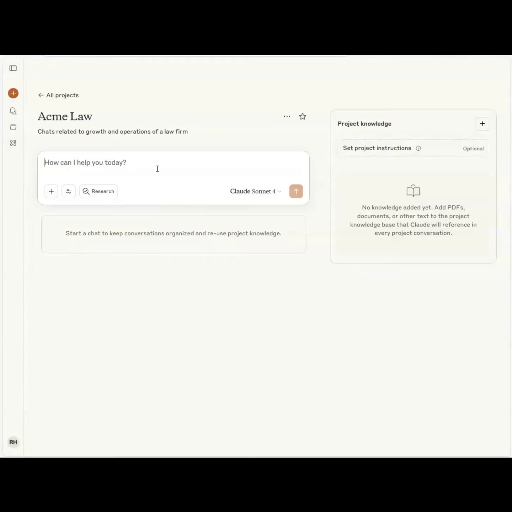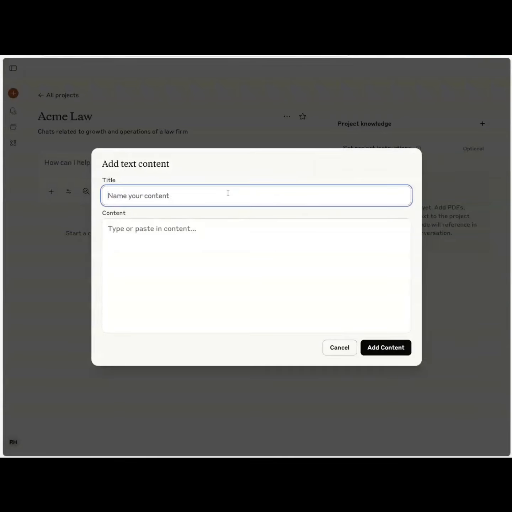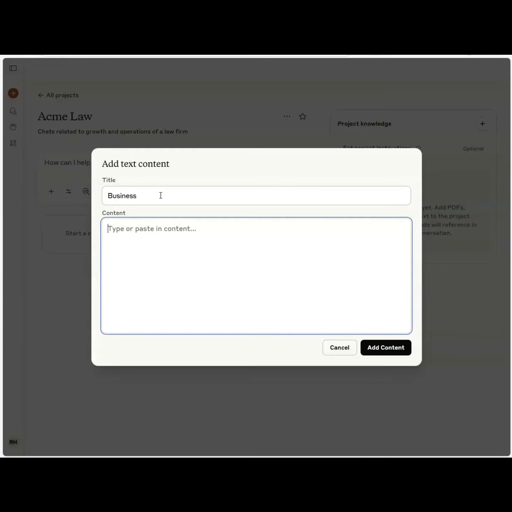But to make this more efficient, you probably want to give it some instructions on how to move forward, okay? And typically, I want to give it at least 3 pieces of instruction to score the workspace, okay? So the first piece of instruction I want to give is who this is about. So let's say that, and I'll call it business. And so the content here, I'll say this is for the business,